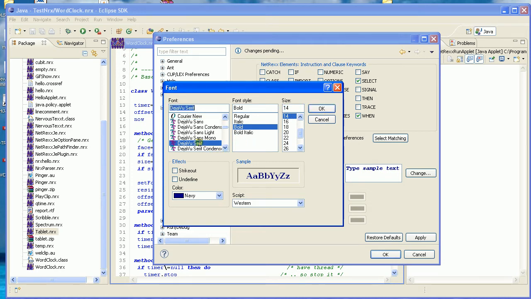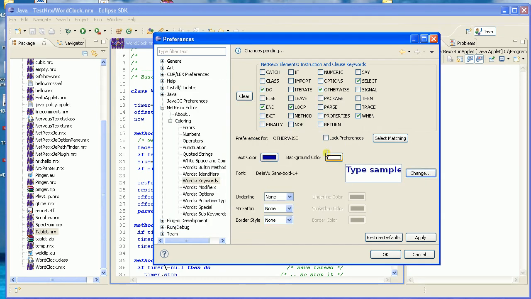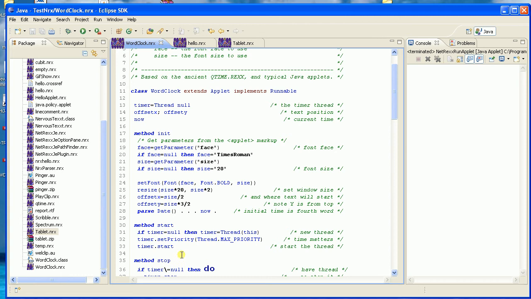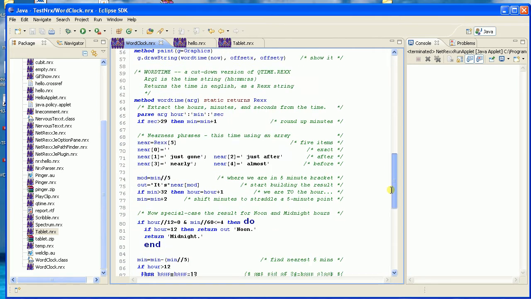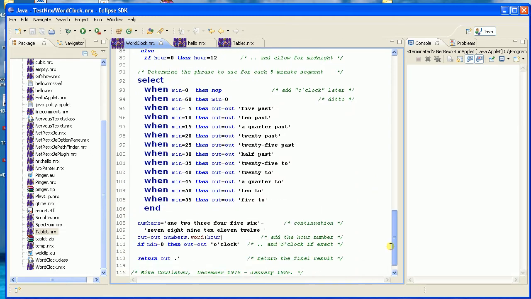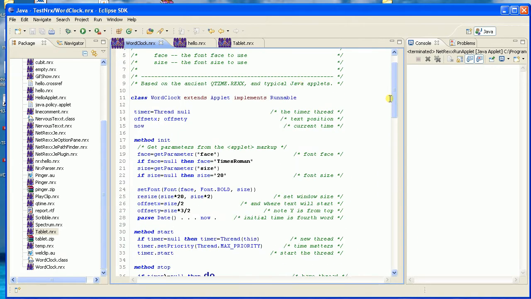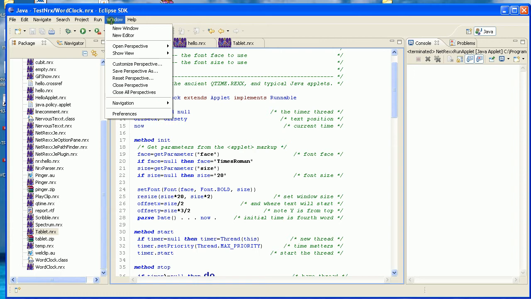Notice we can use, I don't like that one. You can use a proportional font for these. So, okay, now you can see there's a do. So we can see there's ends, loop ends, and we get selects and like that. When we could go back and